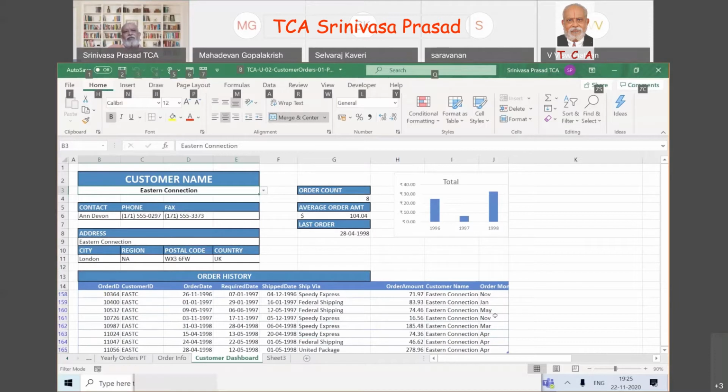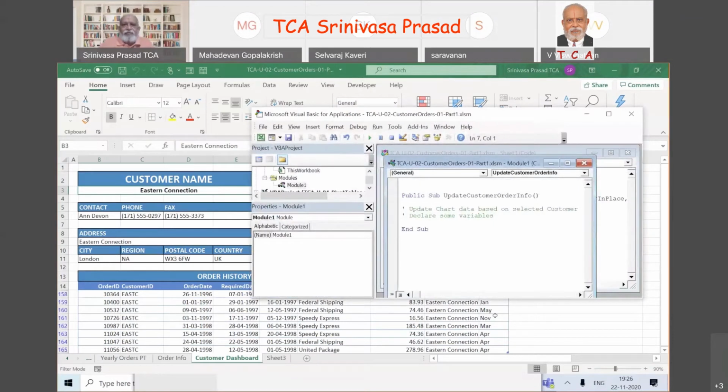The moment I put function Alt, it gives me other things on top, so it will not come. Now it has come. I don't know why. For whatever reason, it has come.